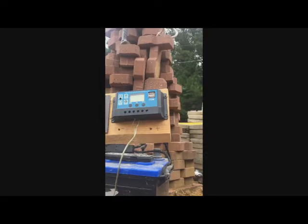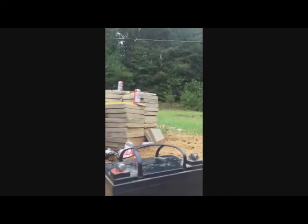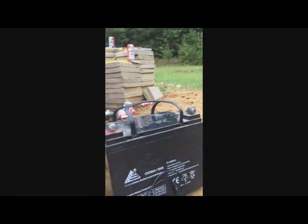Okay, what you'll see is it didn't really work on that previous device, but if you take it to the deep cycle battery right here, which we're down to the last little bits of power,